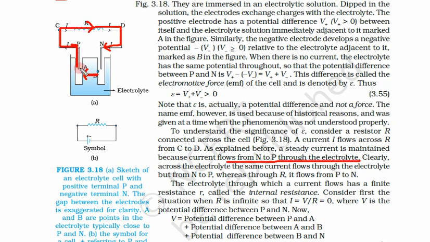Now if you complete this circuit, you can see it like this. So now this circuit is complete. Outside, current goes from P to N, but inside this battery current goes from N to P. So, reverse direction inside the battery. Please remember, inside the battery current goes from N to P, outside it goes from P to N, positive to negative, but inside negative to positive.